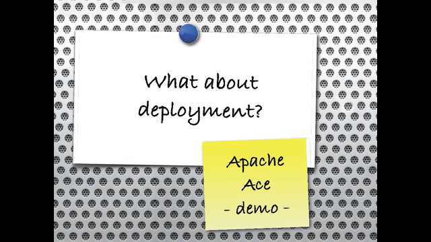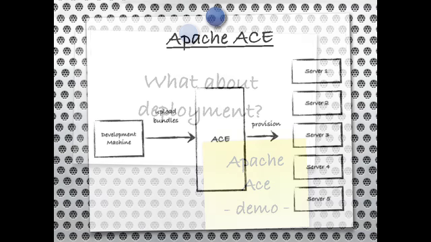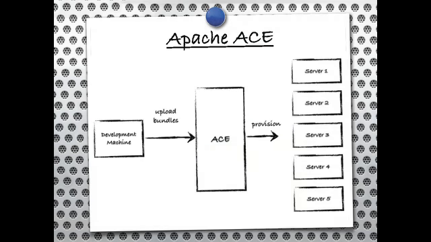That's also something I'm working on myself. And it basically works like this. You have your development machine or your build server or, well, some machine where you build your bundle files. You're going to upload them to Ace one by one. You don't have to package them. You just upload those modules directly.